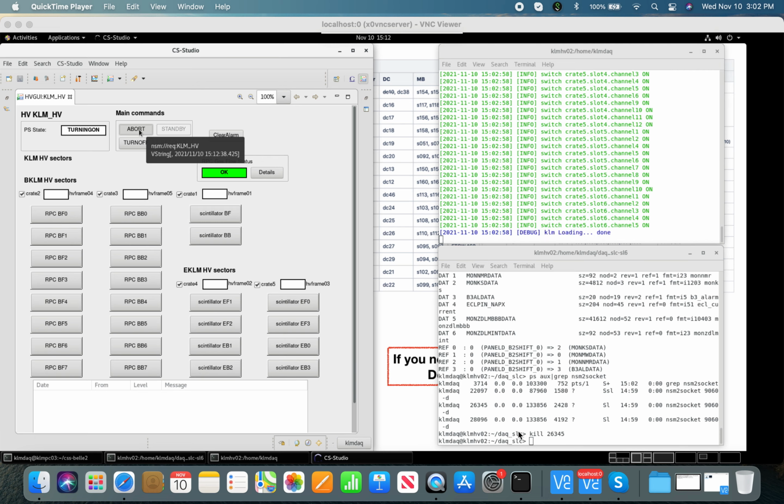So this kind of problem can happen after switching to a new machine. You might need to kill one of the NSM2 socket processes to clear the NSM memory. Okay, so that's it. Now we will switch to the new machine. Yeah, so we don't need to record it because